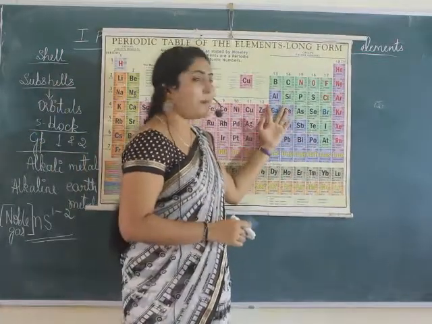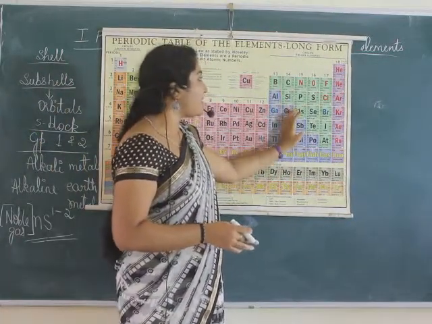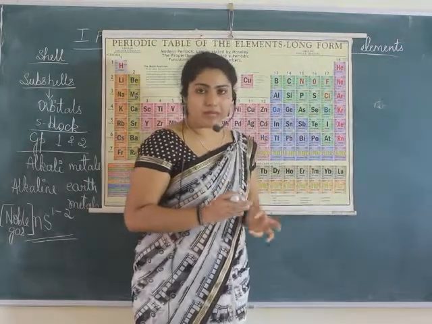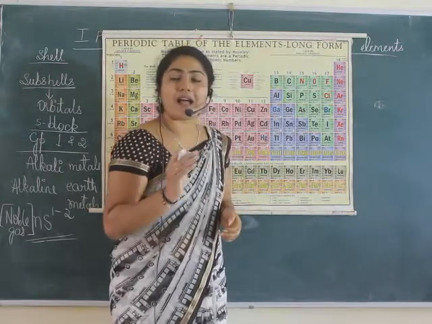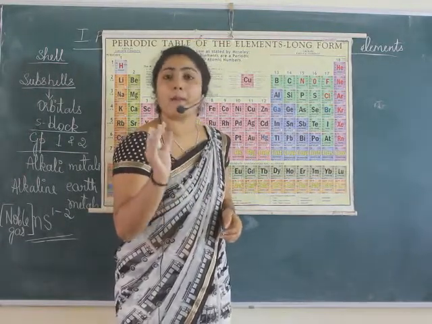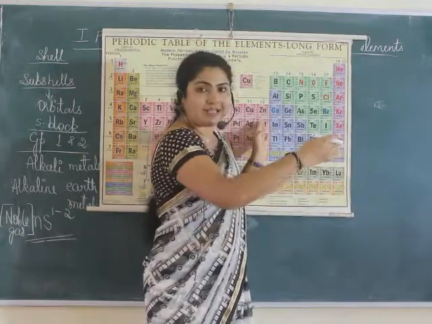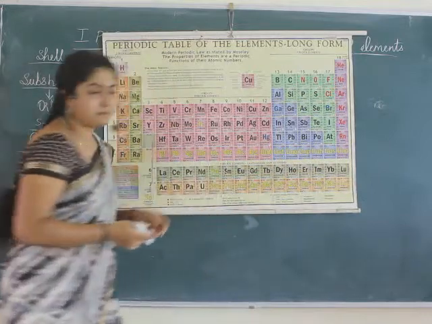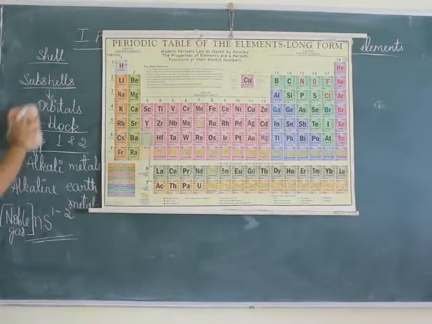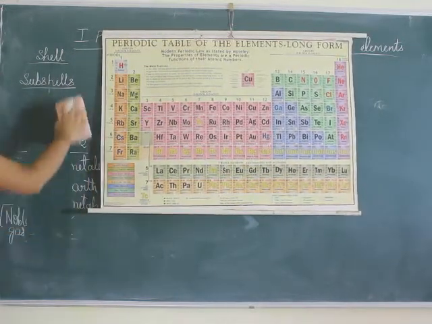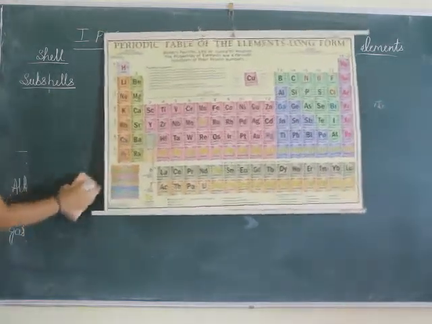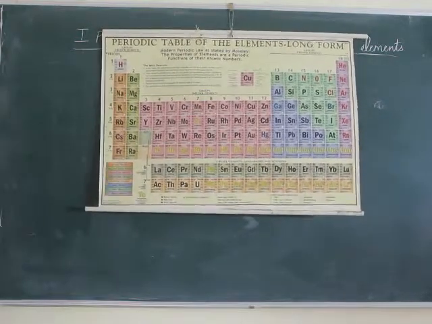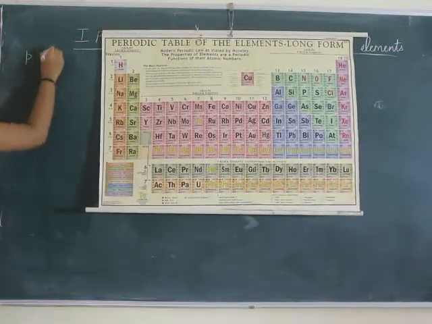Next, let us move on to P block elements. Under P block elements, you see group 13 to group 18 comes under P block elements. The reason is because the last electrons will enter P orbital, and so they are classified as P block elements. So let me mention here the points related to P block elements. What is it? P block elements